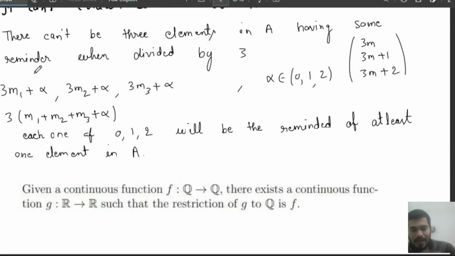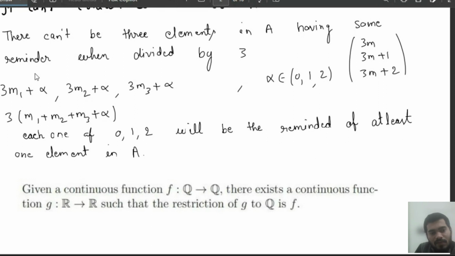Okay, I'm explaining again if somebody wanted. None of the 3 elements in A can have the same remainder, so at most 2 elements can have the same remainder. Suppose 2 elements have remainder 0, 2 elements have remainder 1, then because there are 5 elements, the last element has to have remainder 2. Similarly, if 2 elements have remainder 2 and 2 elements have remainder 1, then at least 1 element in those 5 has to have remainder 0. This is why they have to have all the remainders when divided by 3.